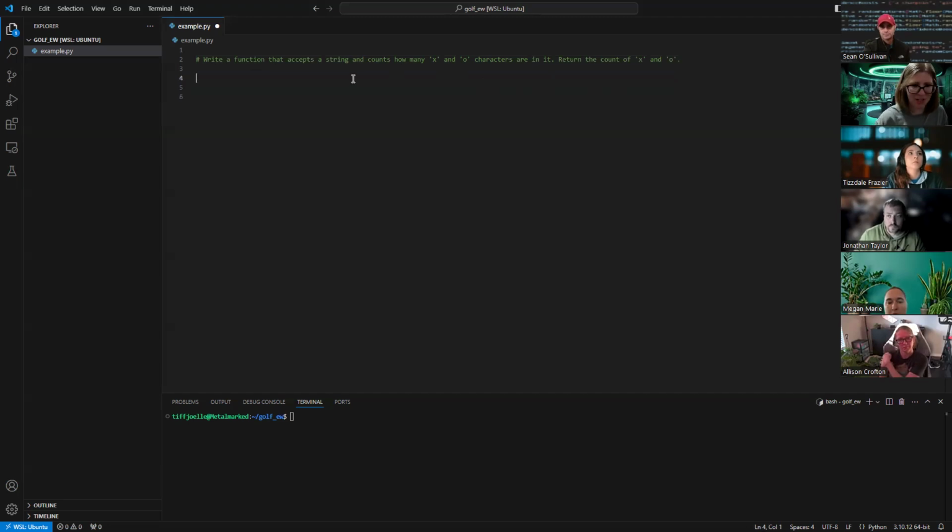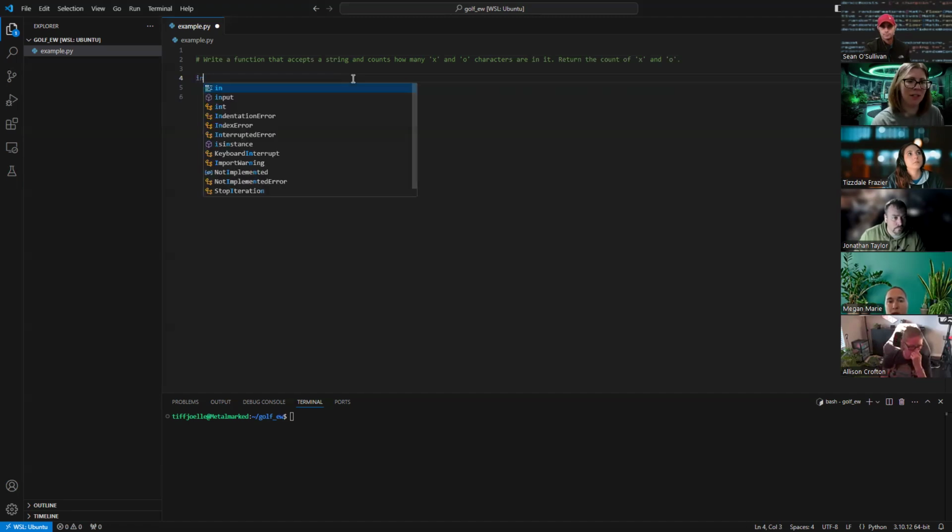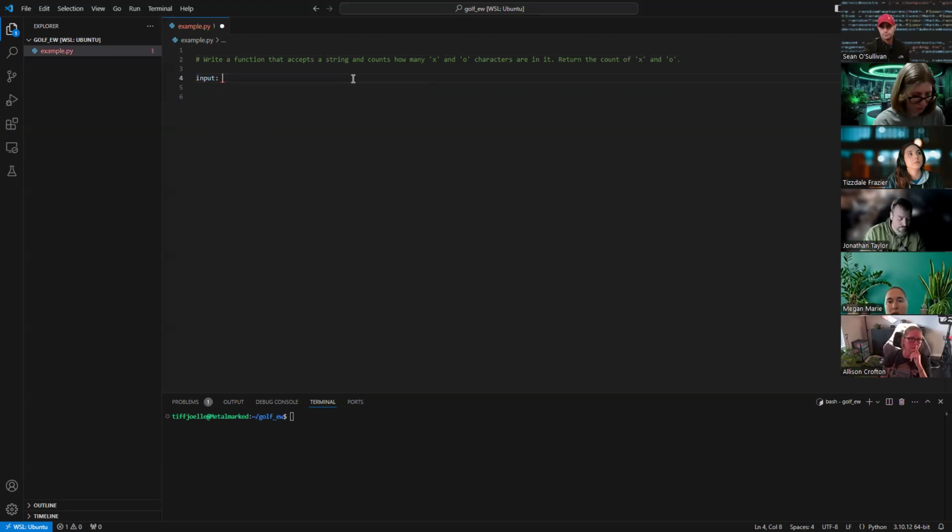First thing we want to do, it's best to understand what your input is going to be and what your output is going to be. So with our input, we want it to be a string. And then our output, what do we want the output to be? A number, like an integer. We want just one number, or